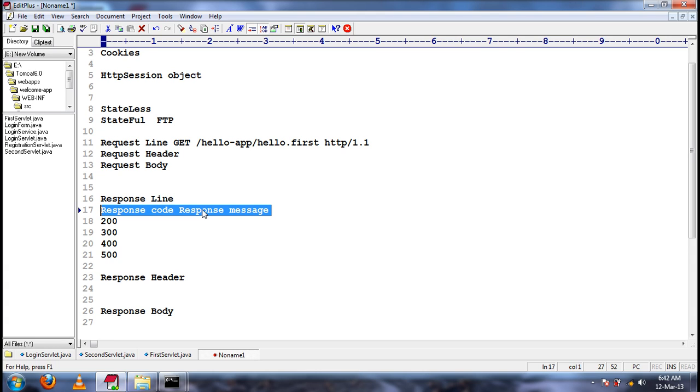And for all the subsequent requests to the same web application, the browser will make those cookies available.